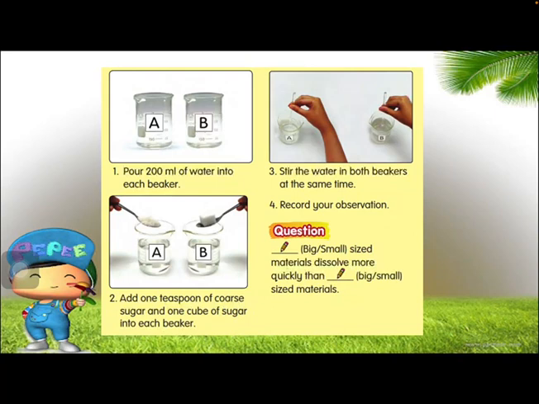Number 1, pour 200 milliliters of water into each beaker. Then add 1 teaspoon of coarse sugar and 1 cube of sugar into each beaker. Then number 3, stir the water in both beakers at the same time. Record your observation. Let's see the answer. Small size material dissolves more quickly than big size material.